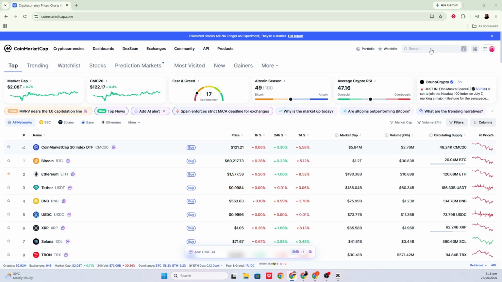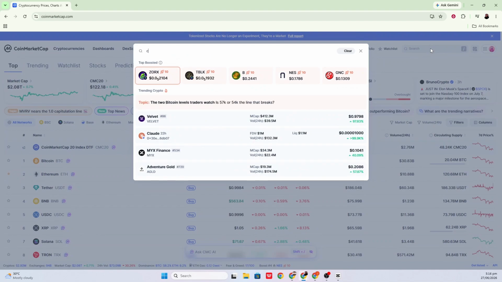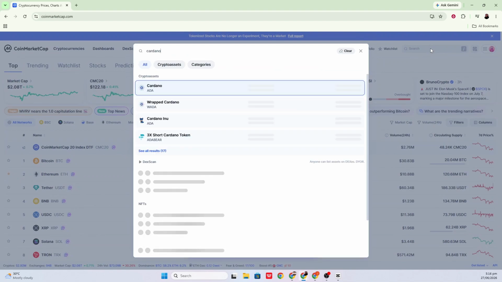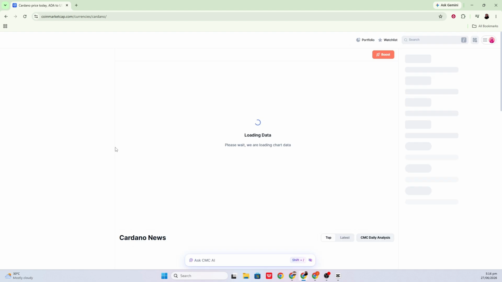Enter the name of the coin, such as Bitcoin, Cardano, or any other cryptocurrency you want to check. Once you find the coin, select it to open the coin's overview page. On this page, locate the section where the main market information is displayed. Look at the left-hand sidebar or the area just below the main price ticker to find the available market data